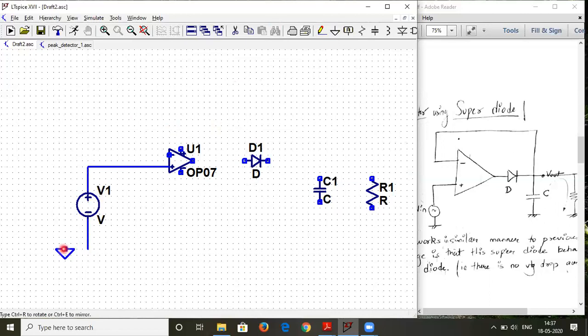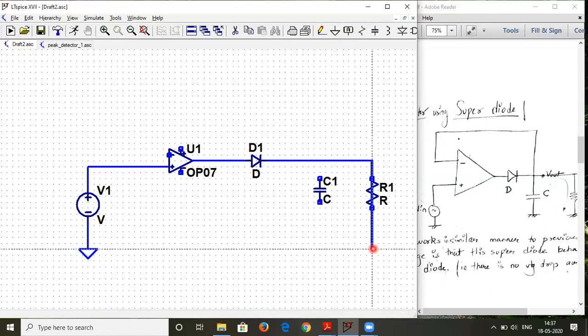And let me add the ground to it. Next, the op-amp output will go to the diode input, and the diode will go to the output terminal. So basically the output terminal is connected both to the capacitor and one terminal of the resistor like this.